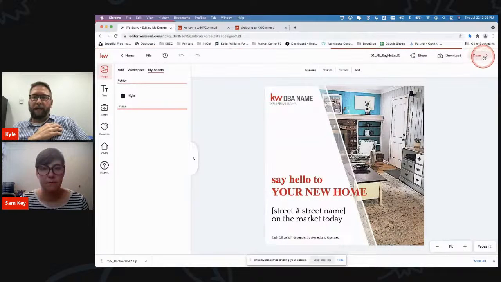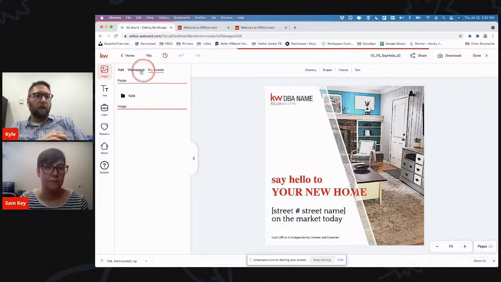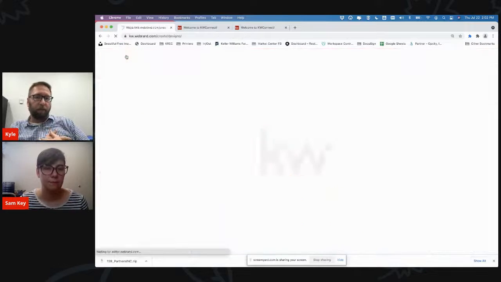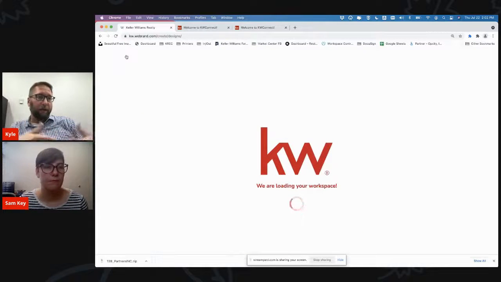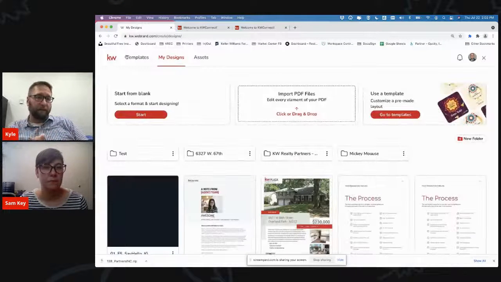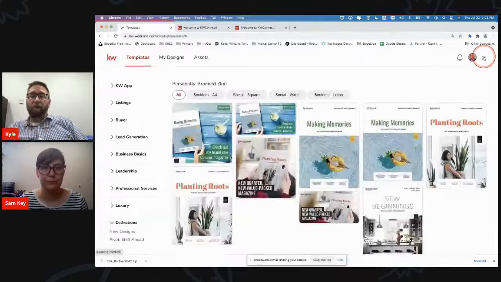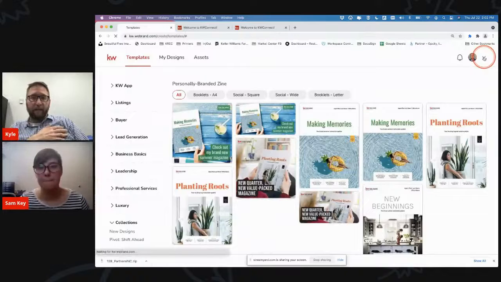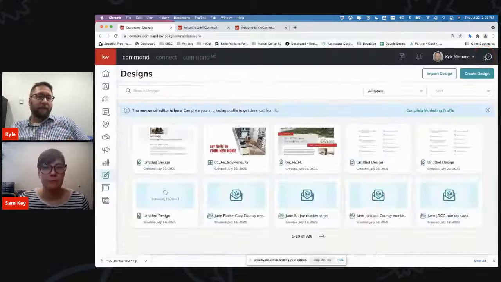So the Done button right here is going to take you out of the whole design function. The Home button takes you back to our designer page here. So when I go back here, it's going to allow us to open up another design, pick another design, do our assets, do our templates. The other button on the right side, the X here, takes us completely out of the designer back